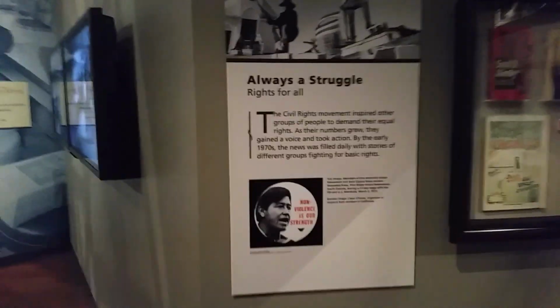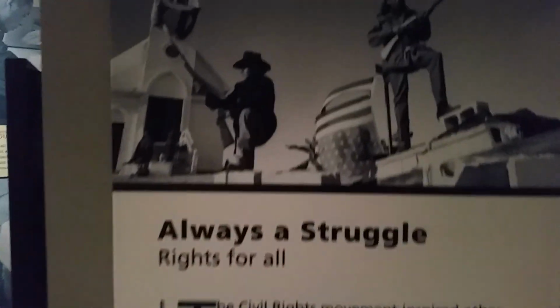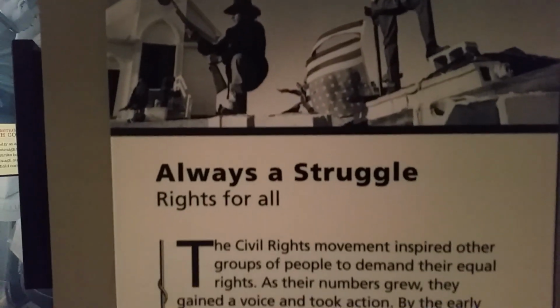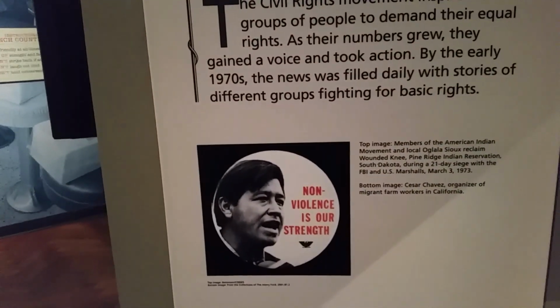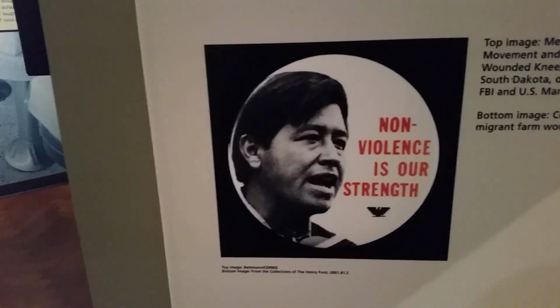February 1st, 1960, in Greensboro, North Carolina, Negro students launched a movement that attacked discrimination at the city. And here's a little poster for the AIM, the American Indian Movement. The city was almost an immediate success. Hundreds of lunch counters, hotels, and theaters were desegregated. Cesar Chavez and the American